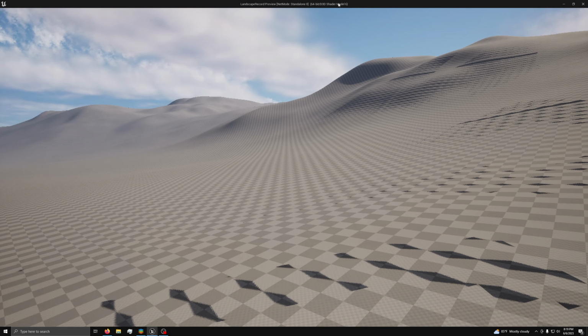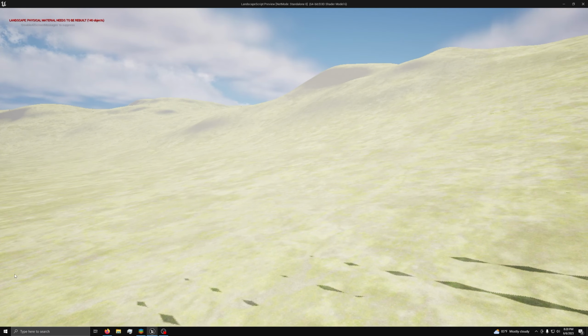Hello and welcome. In today's video, we will be turning this into this. Today's tutorial will guide you on transforming a default untextured landscape into a fully textured dynamic one. We will delve into everything about landscape materials, sprinkling in some handy tricks to turn your landscapes into works of